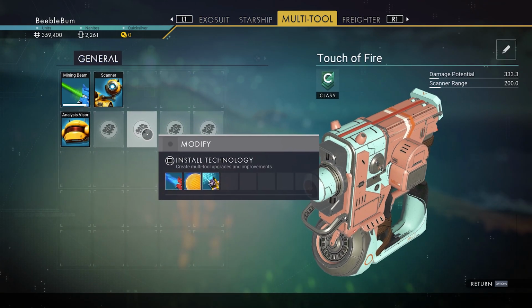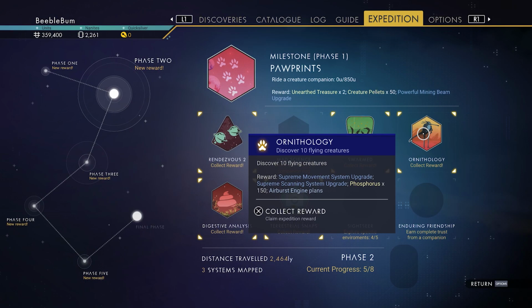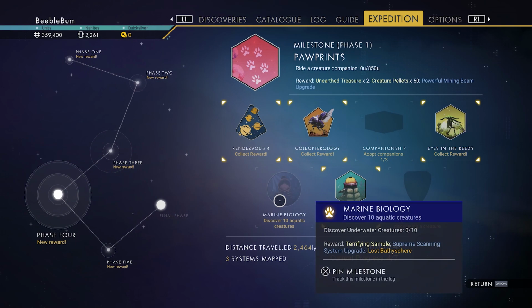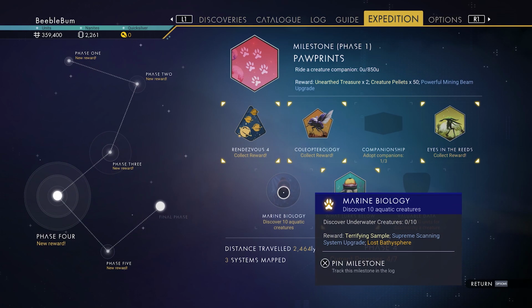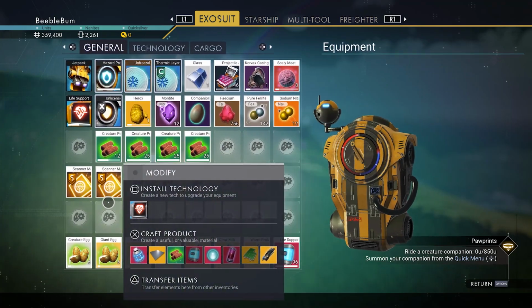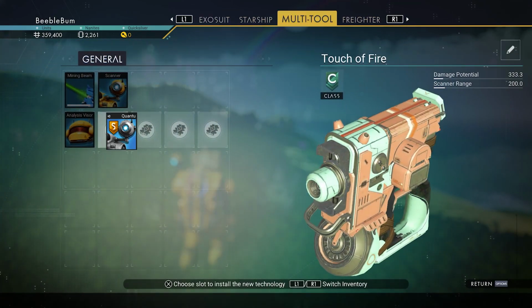And we need to install scanner modules. Now the scanner modules are actually a reward you will get from your expedition by both scanning for 10 flying creatures, and then also if you go to the next one, which is right here, discover aquatic creatures, it will give you as well a supreme scanning system upgrade. If you do these, you will get in your inventory 2 of these scanner modules. If you install these scanner modules,